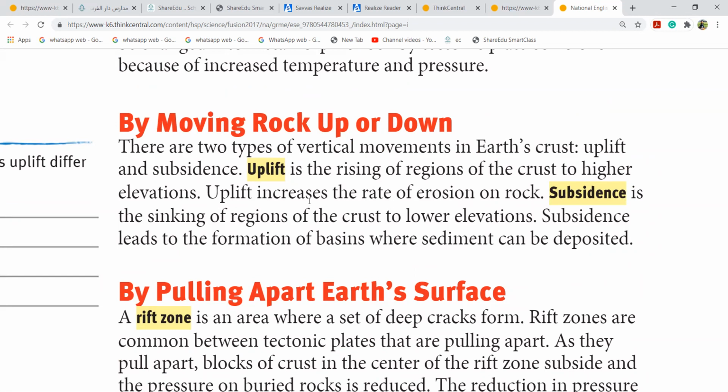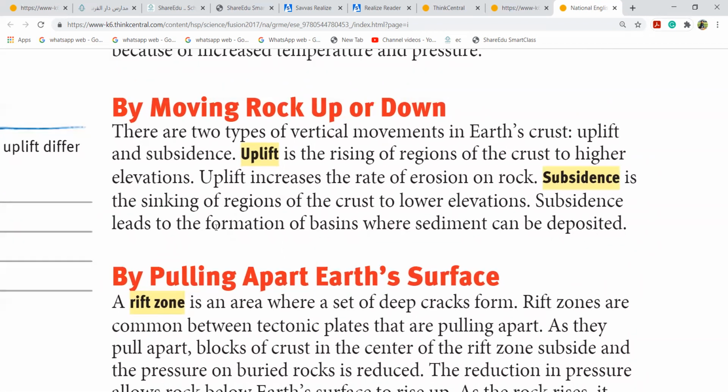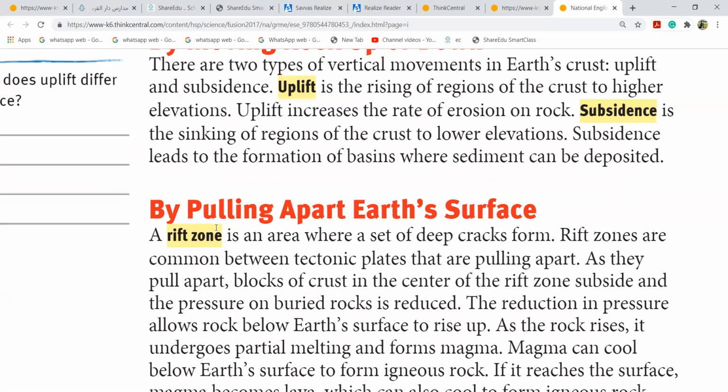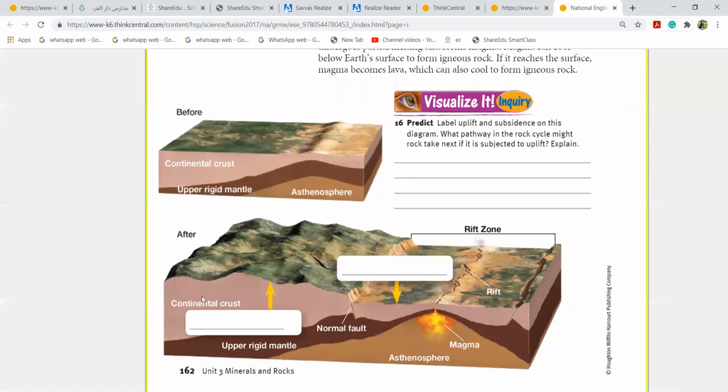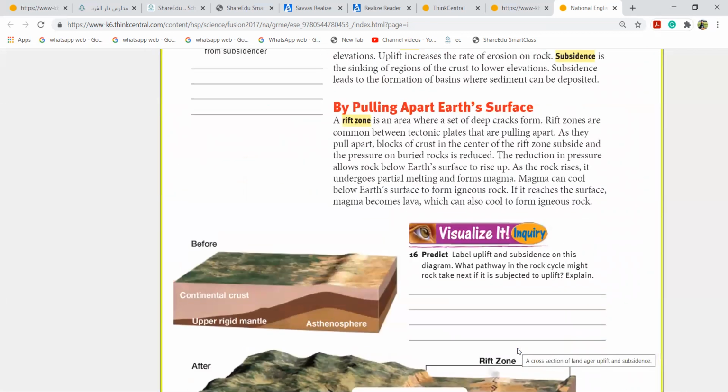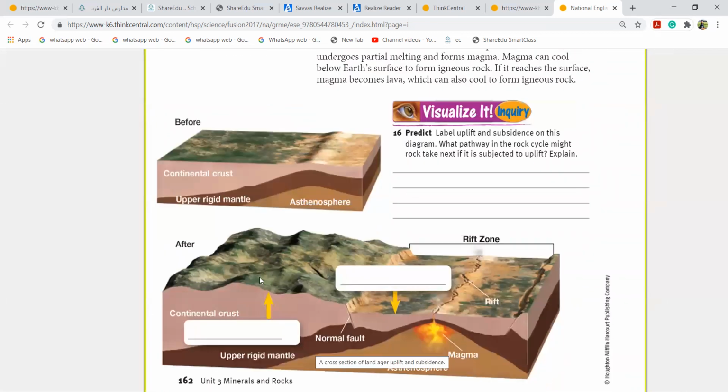When something comes up, it is called uplift. When the region is sinking, it is called lower elevations. So subsidence leads to the formation of basins where the sediments can be deposited. With uplift, you will see the rock higher. That's what they have shown you here. This is the upper rigid mantle. This is the continental crust. And see how later it became the uplift, how it rose up and how this moved down. So this is the uplift. The one which is up is uplift, and the one going down is called the